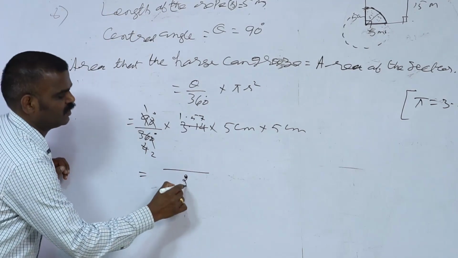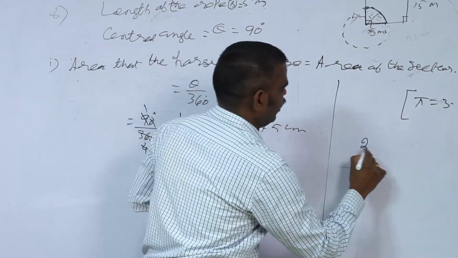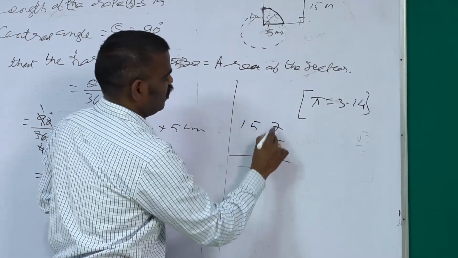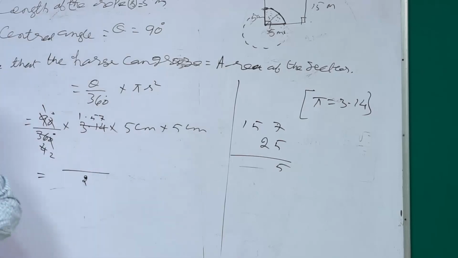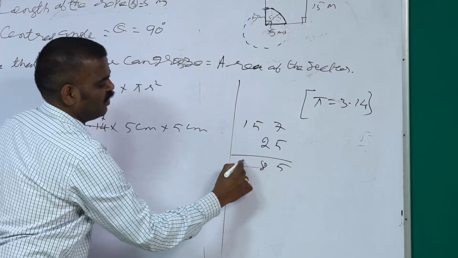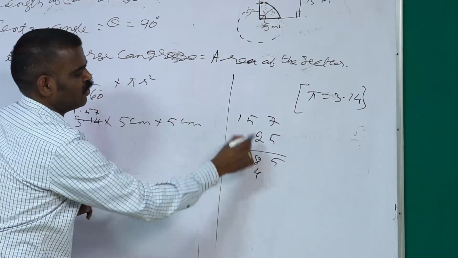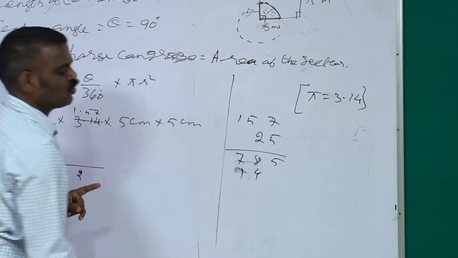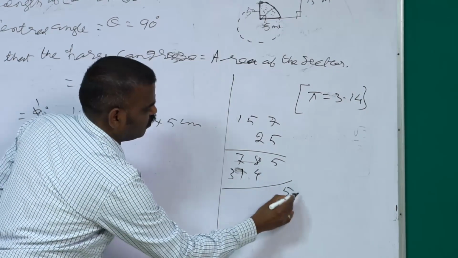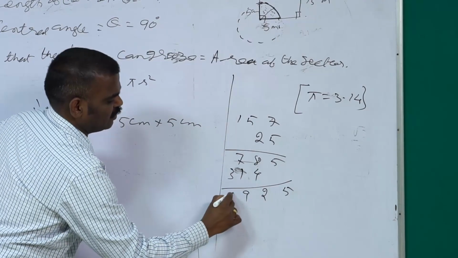Okay. Now multiply. 5 into 5 how much? 25. Into 100 and 157. Multiply all of it. 5 7s are 35, 3 remainder, 5 5s are 25 plus 3, 28, 2 remainder, 5 1s are 5, 5 plus 2, 7. Next, 2 7s are 14, 1 remainder, 2 5s are 10, 10 plus 1, 11, 1 remainder, 2, 2 plus 1, 3. 5, 8 plus 4, 12, 1 remainder, 8, 8 plus 1, 9, 3.